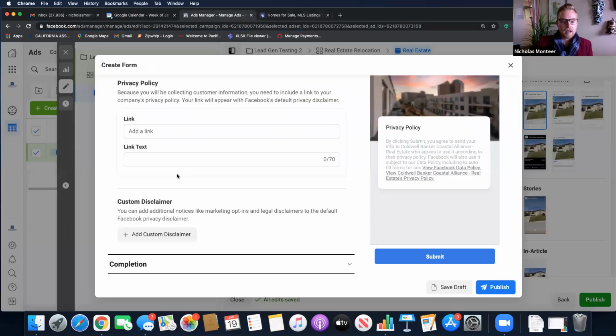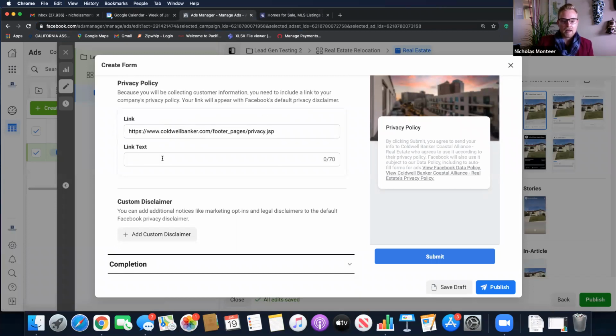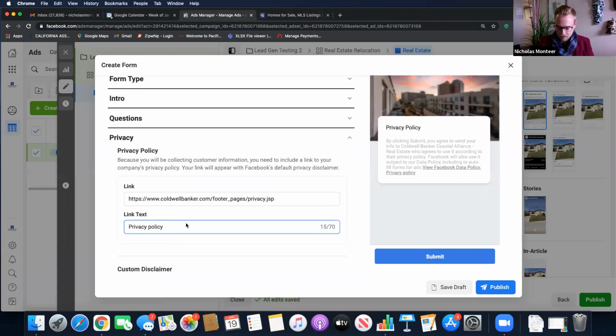And I'm going to go back to my ads manager and put my link in here. Now I'm abiding by the Coldwell Banker privacy guidelines, and I'm abiding by the Facebook privacy guidelines, right? And then link text, you can just type in privacy policy. This is kind of the boring setup work that you have to do a little bit.